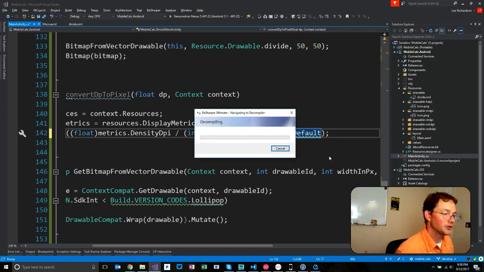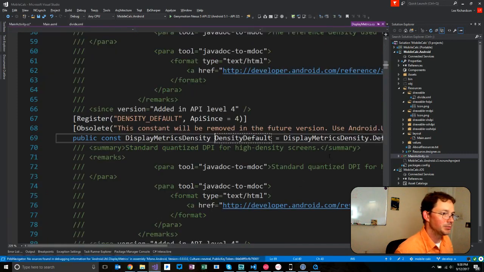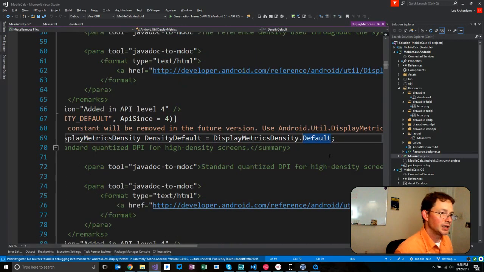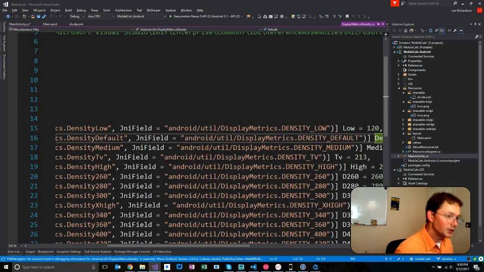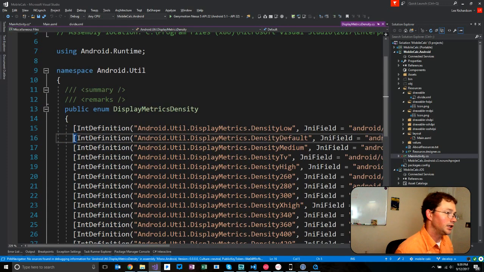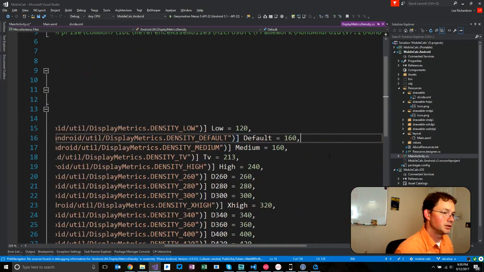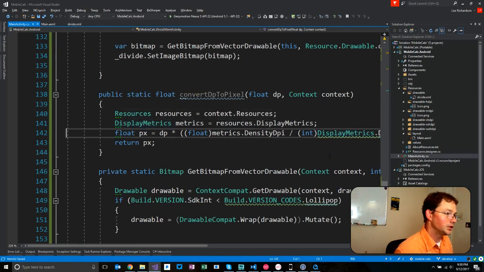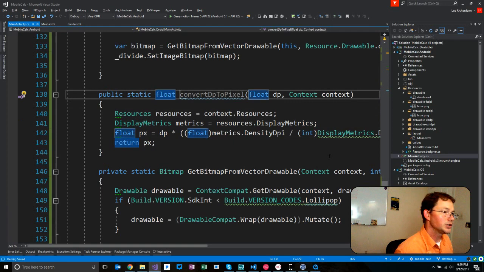I'm going to F12, and if I F12, it's going to decompile the source, and I'll be able to see what it actually is. In this case, it's a DisplayMetricsDensityDefault, which is 160. Okay, so it is actually an int. So we ought to be able to get by converting that to an int. Chances are very good